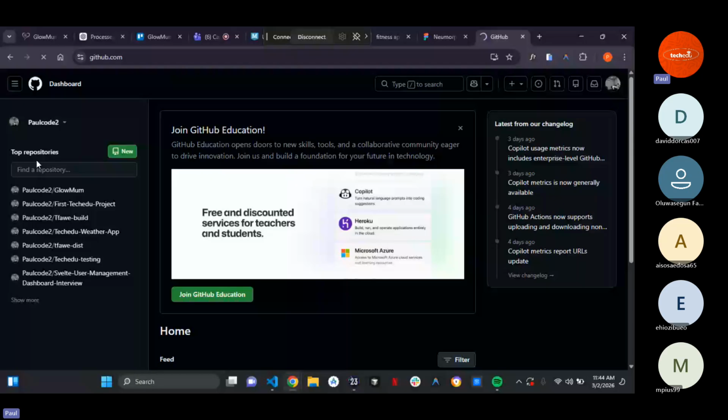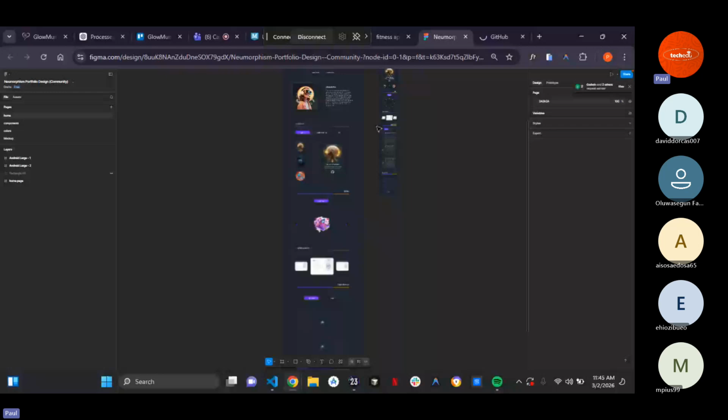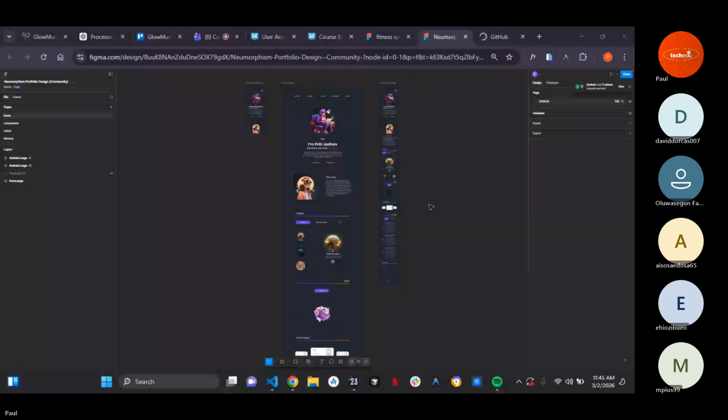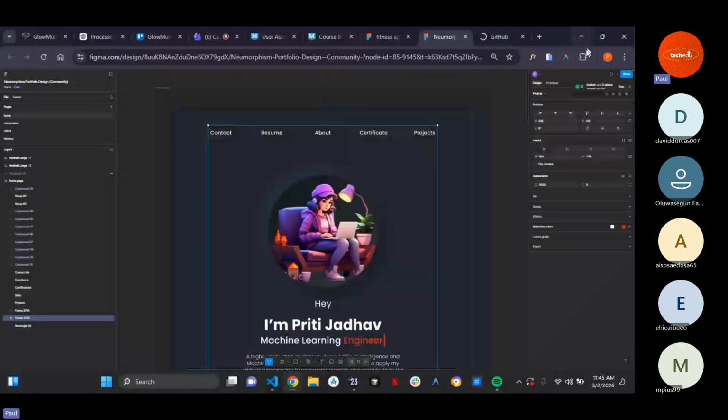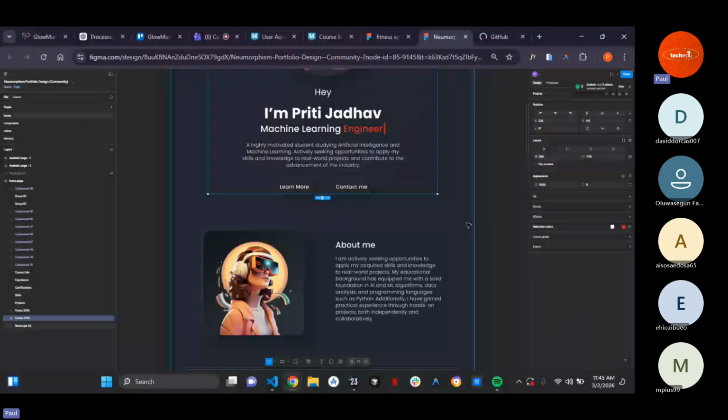Okay, good. Before I move on, this is one of the projects that I want us to work on. This is the Web3 design. As you can see, this is the desktop view. Once you scroll down, you see that it has different sections: about me, projects,